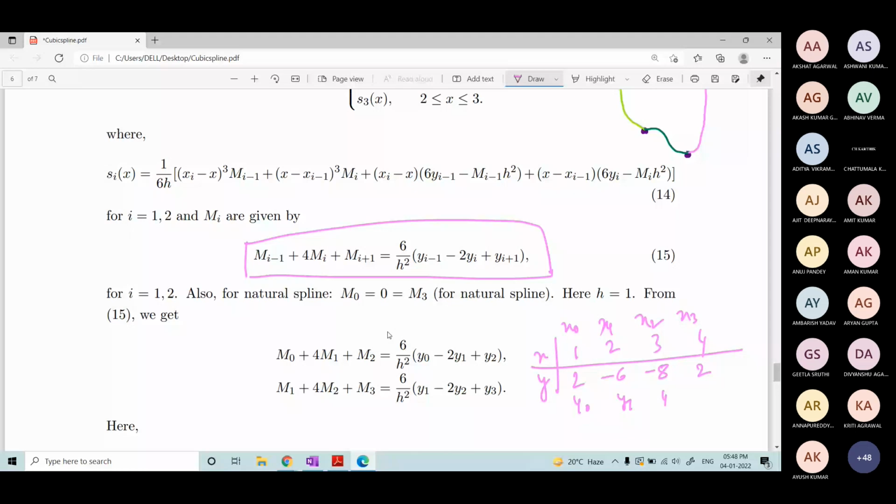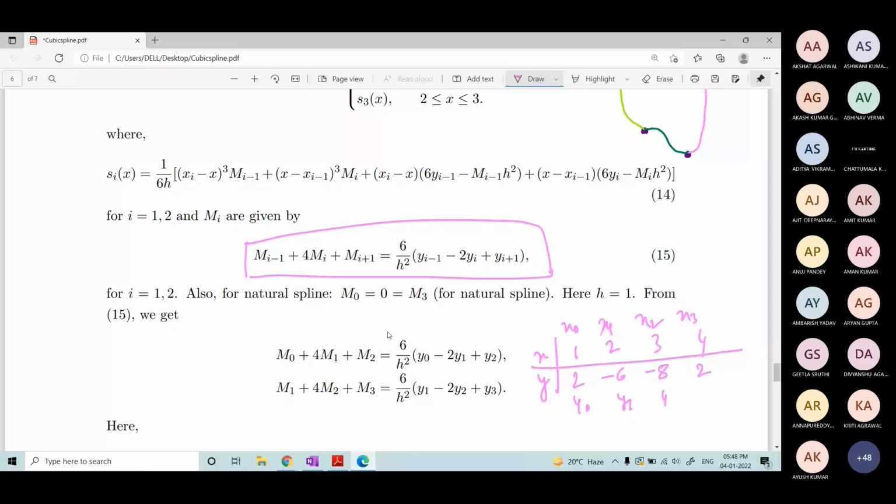How to get S2? In S(i)(x) put i equals to 2. So this is the S2. Now put all the values. Everything is available. You will get the part of the polynomial in the second subinterval given by this. And again put i equals to 3 to get the last piece of the polynomial in the last subinterval. So put i equals to 3 in S(i)(x) and substitute everything, simplify, you will end up with this.